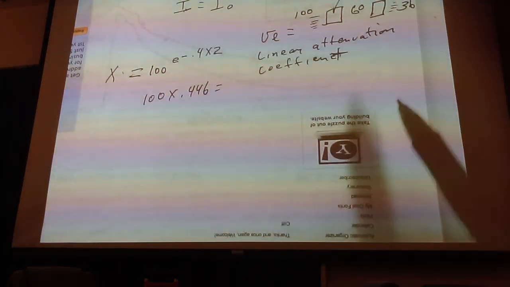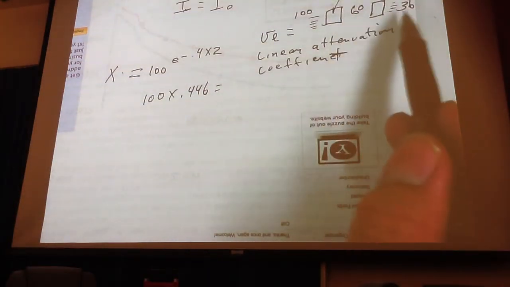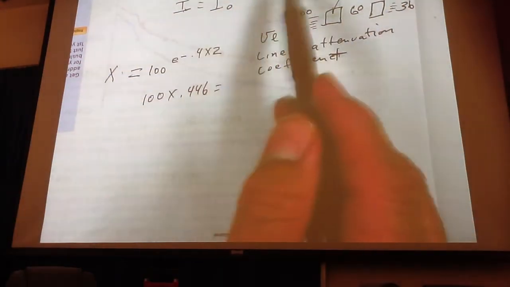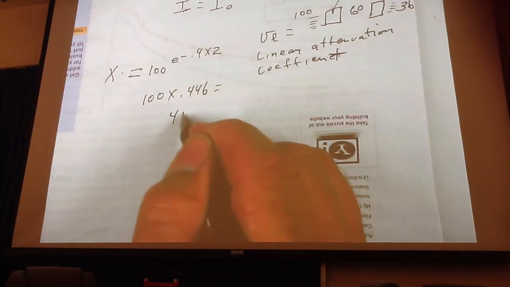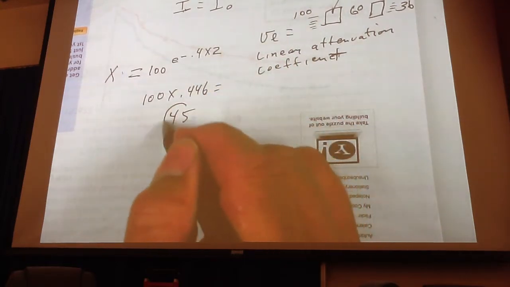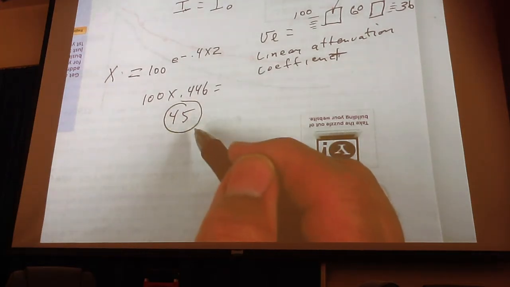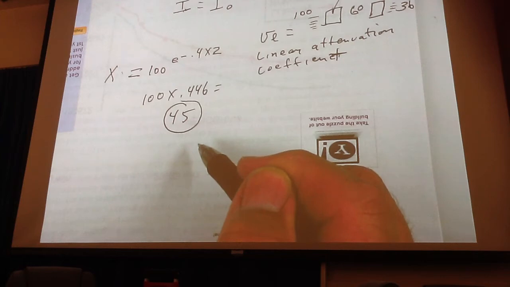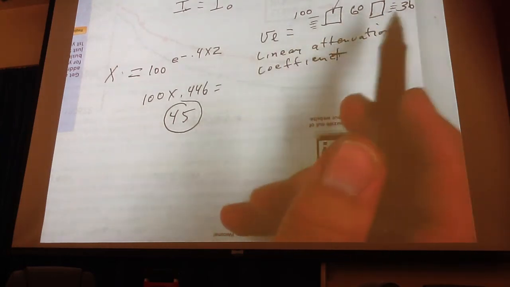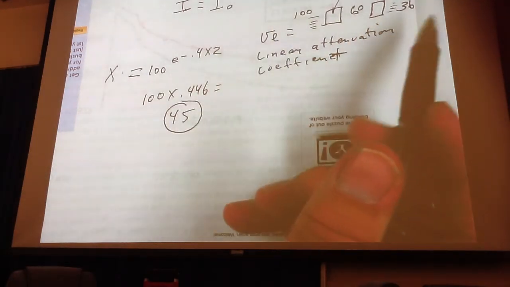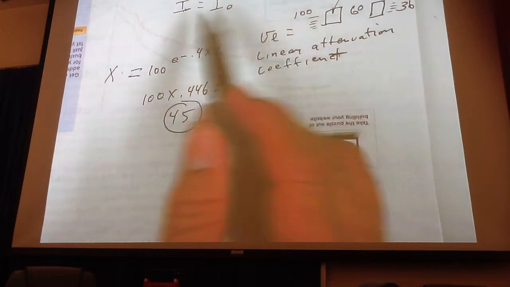See the problem, see the dilemma? Theoretically, if I just put another centimeter, it should be about 36. But when I use this equation here, I get 45. The reason this number is higher is because it takes into account what we call side scatter and back scatter. So if you just try to do it directly by adding a centimeter and then doing the multiplication, you're not going to get the same value as if you use the Lambert-Beer